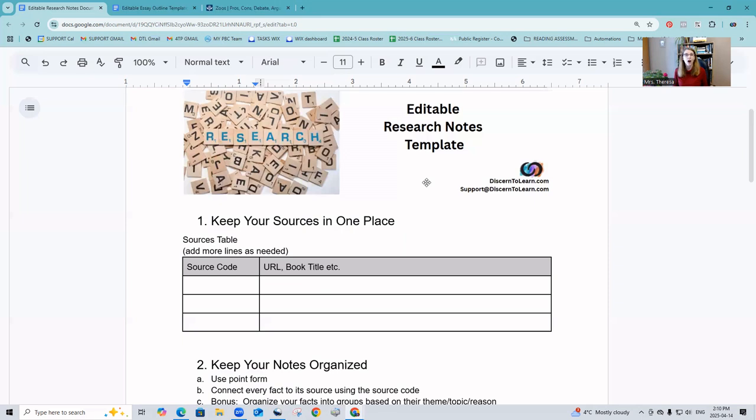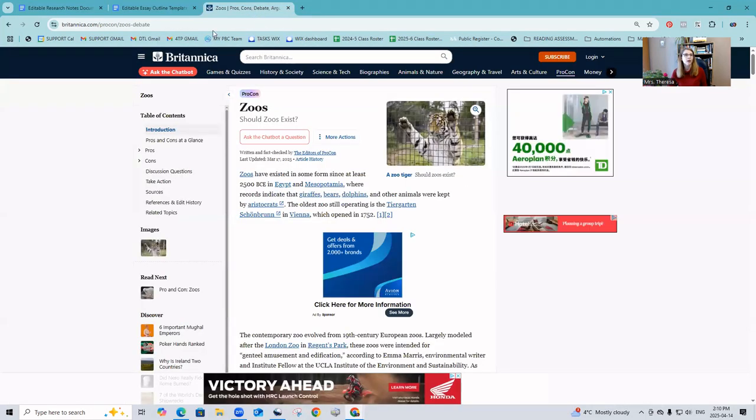Perhaps your reader is not going to agree with you. And if they don't agree with you, you need to show that at least you understand their points in the argument. So the first thing we do is we're going to go and just check out the basic arguments on both sides. And I have that here, the pros and cons.